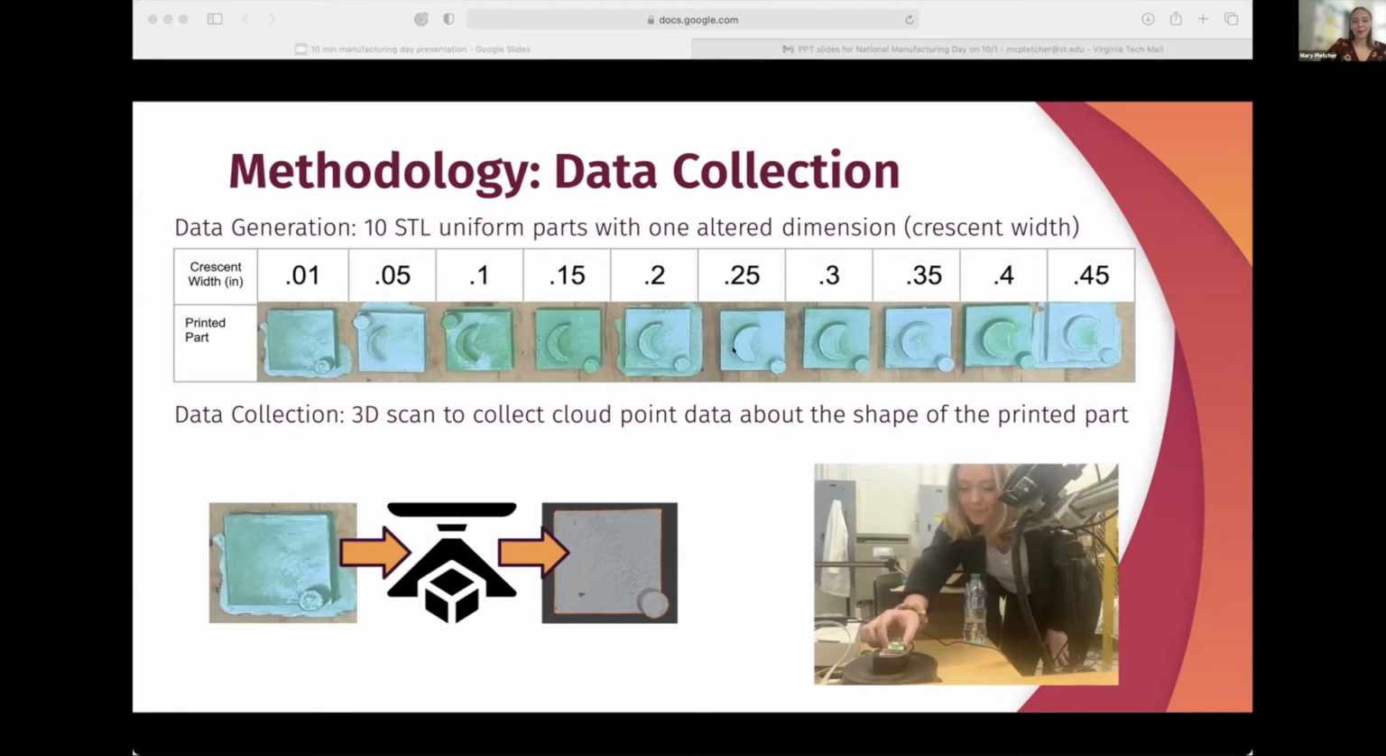So 10 different parts that were each slightly altered were printed out, as you can see here. And so the goal was to have those design files for these printed parts, and then to print them out and 3D scan them, and then we would have the data of the final part shape. So here's a picture of me doing some 3D scanning. And on the next slide,